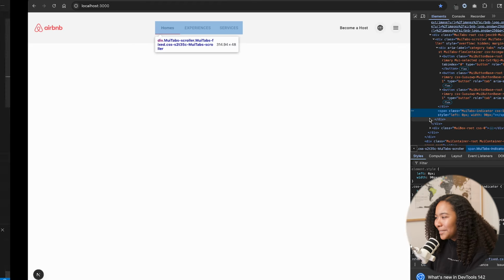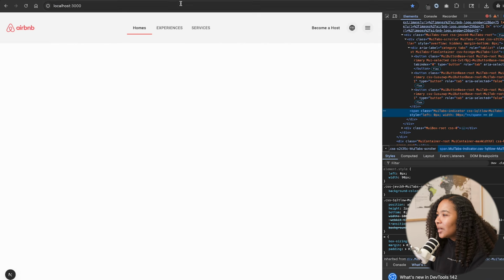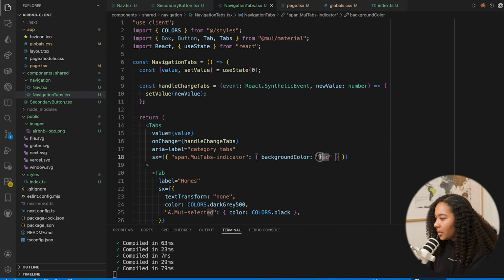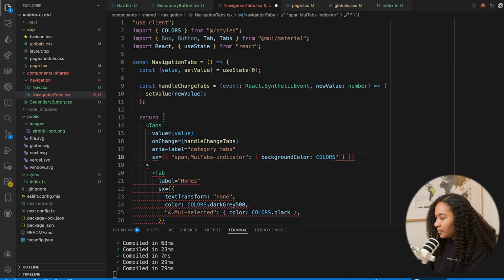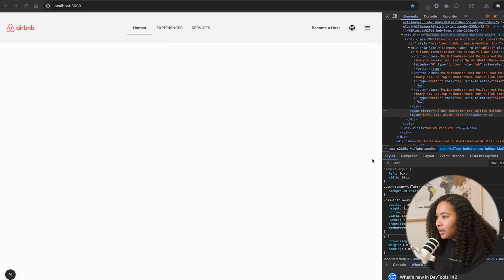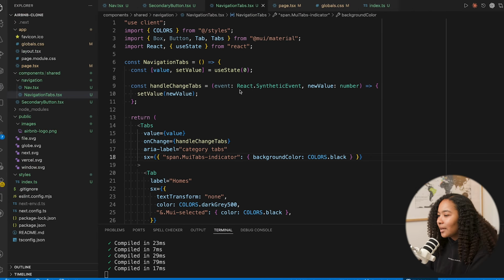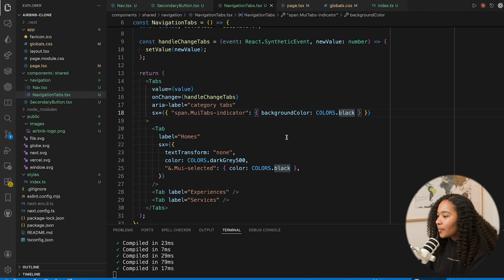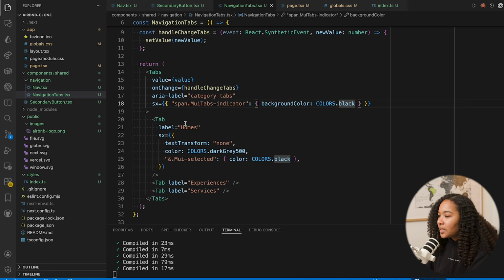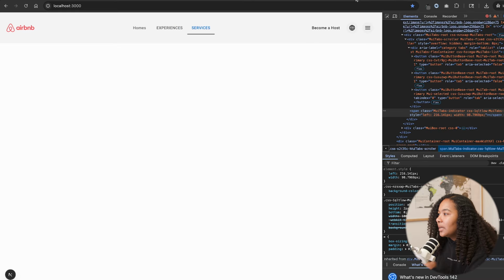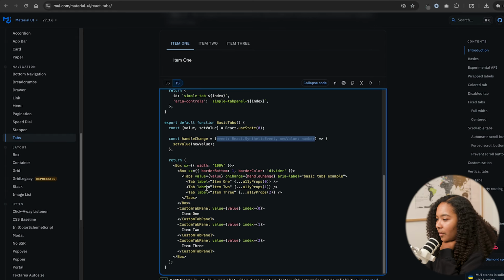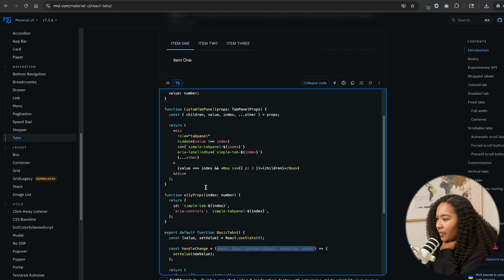Amazing. All right, so the indicator is going to be black. So we're going to say colors dot black. And there we go. Got it working. Amazing. What's the other thing? So basically, these tabs just need to be the same. So what have they done here? They've used like,